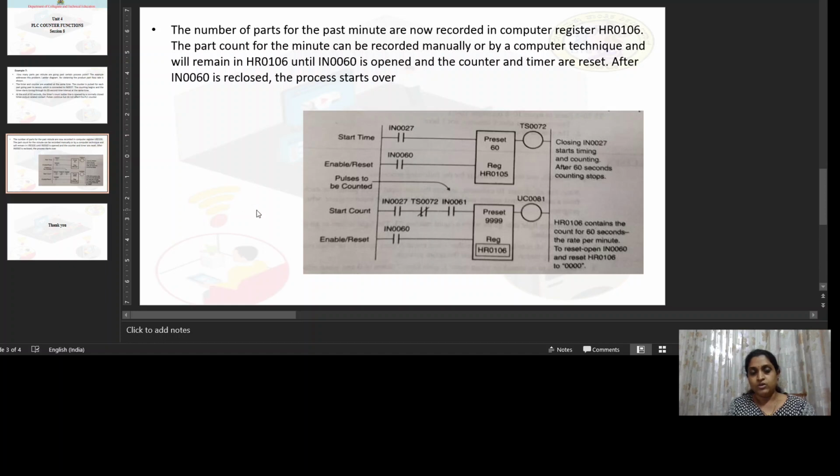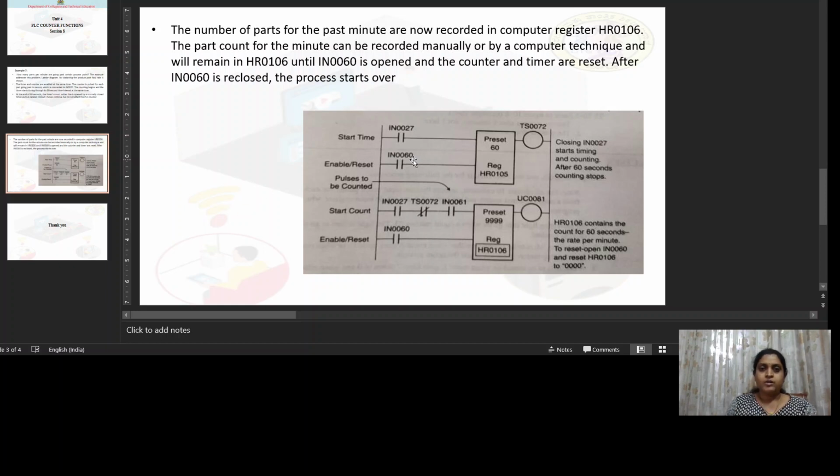And the current value of the counter is stored in the register HR106. So this register HR106 will give you the number of parts passing through in 1 minute.